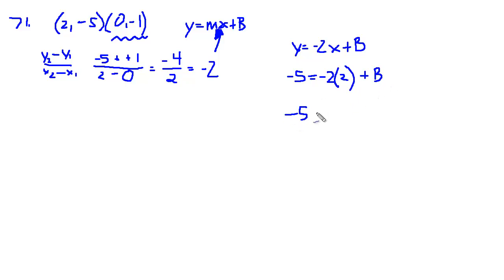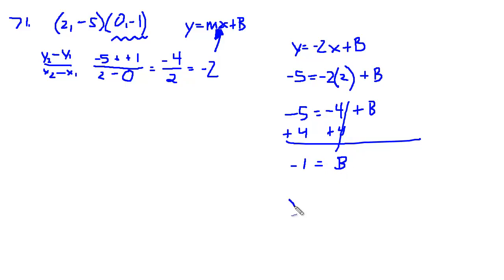I know some of you have looked at that second point, which I underlined jaggedly, and you're nodding, wondering why we're doing all this work here. Well, we're solving for b. And yes, we'll give you credit at the end of this problem. As I add 4 to both sides, the 4's simplify, so -1 is equal to b. There's my y-intercept. Therefore, since I now know my b and my slope, that should be a check mark there, y is equal to